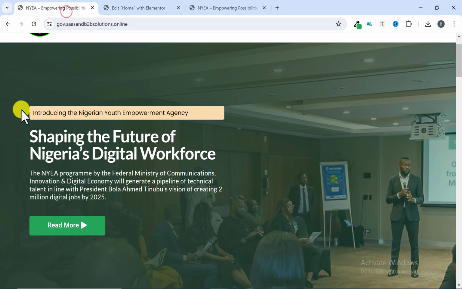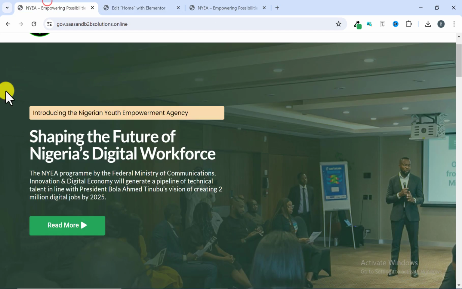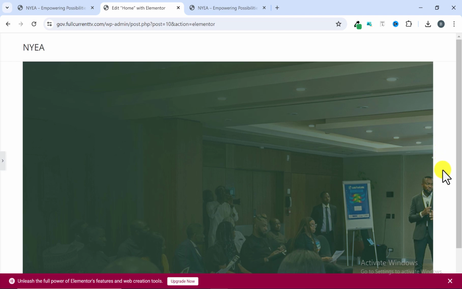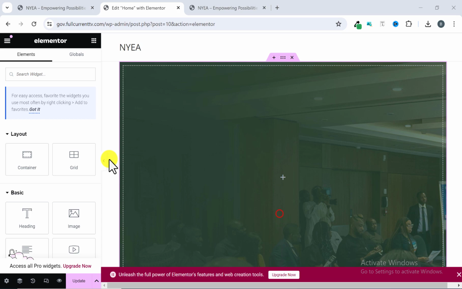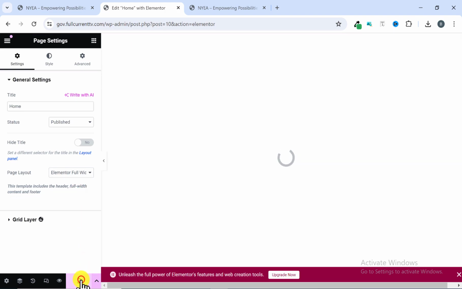Then when I come to this site, you can see we don't have any container here. This picture spans across the whole screen, but here we are having this white space, which means this is a container. To alter this, just look at the bottom left. You will see this settings icon. Just click on settings, and then you can see the page layout is showing default. All you need to do is click here and change this to Elementor full width. So once I make that change and I click on update,